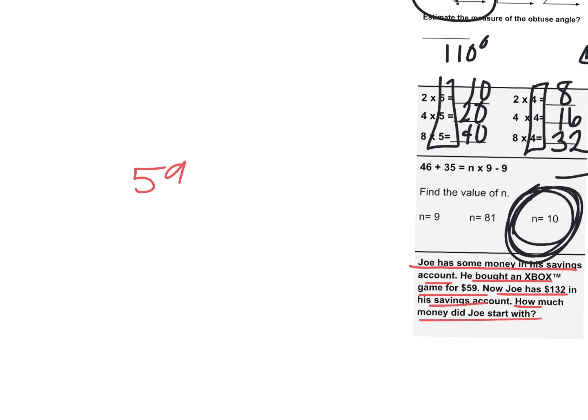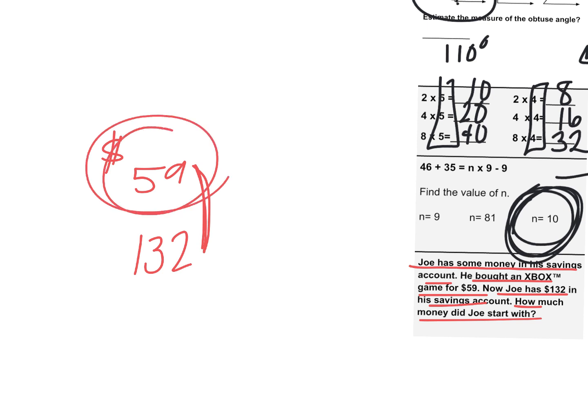All right, so we have $59. That's how much he paid for his game. We know that $132 is what he has now. So if I combine these two together, because he had to take this out, I know I can get my total. So if I take 132